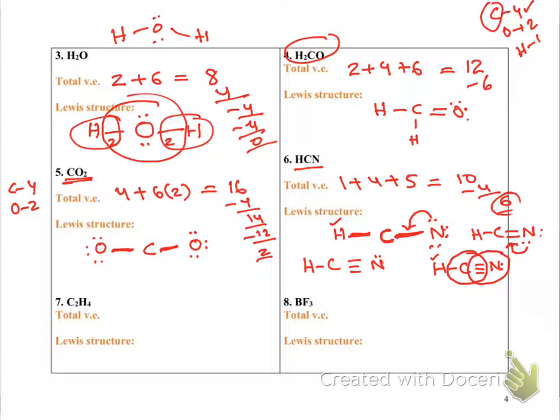Okay, so there was a slight mistake here. When we did 16 minus 4, here it should be 16 minus 4 is 12. And then when we used 6 electrons around each oxygen, 12 minus 12 is 0. So we can see both oxygens are stable but not the carbon.